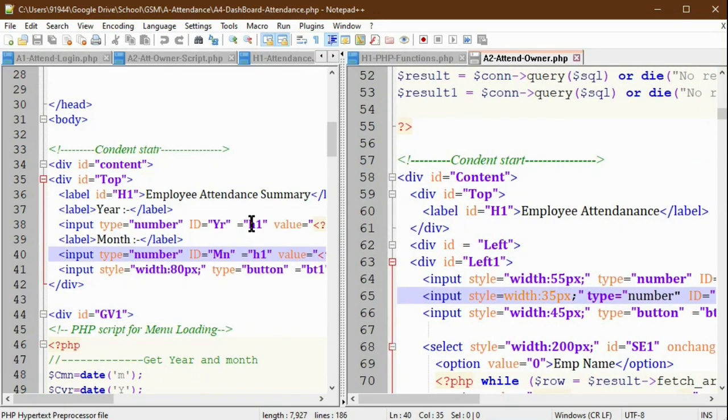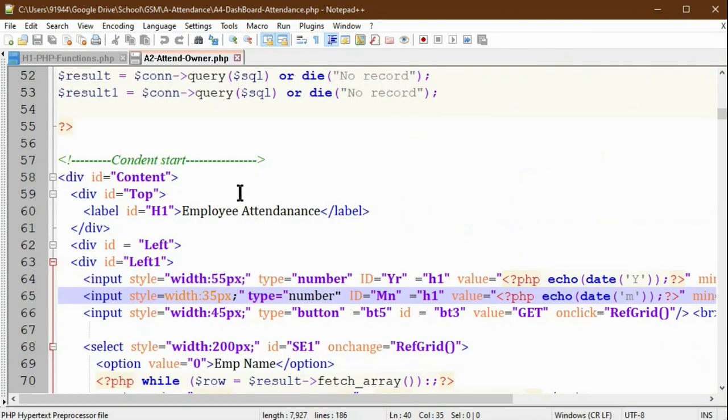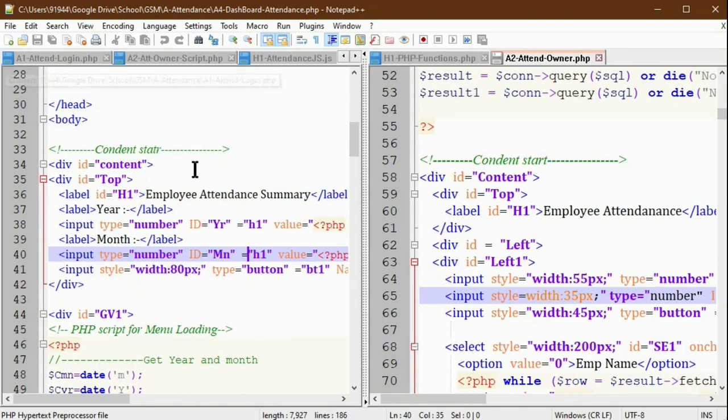Suppose I want to minimize one viewport and do edits in the other viewport. For that reason, one small triangle is provided in the top corner. Just click that, and it will minimize the left hand side viewport. But please remember, it will minimize the left hand side viewport only. Suppose you want to bring back the left hand side viewport also, then you have to select that mini triangle and double click it, then the two viewports will be visible again.